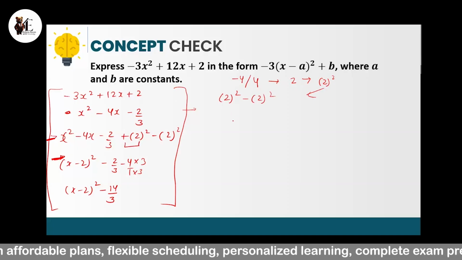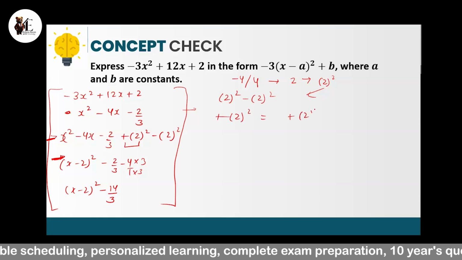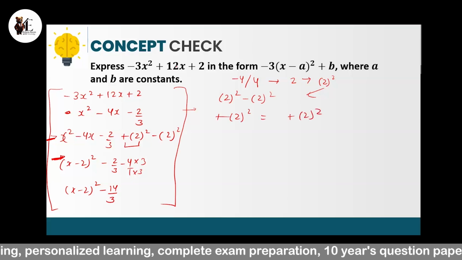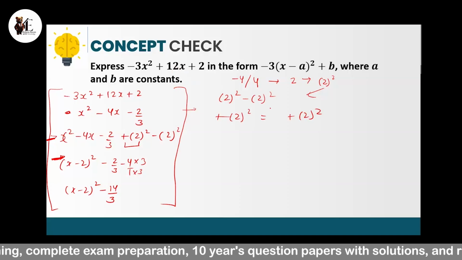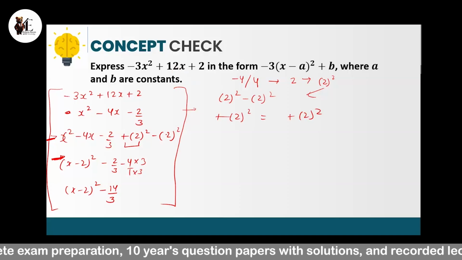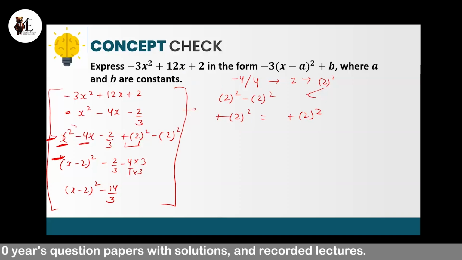If there was an equality sign, you would add that on both sides like this. But in such questions, whenever the equality sign is not present, you have to add and subtract the same term, that is plus 2 square minus 2 square. Then this and this are